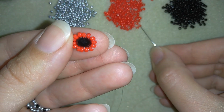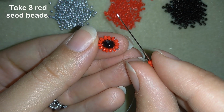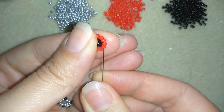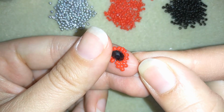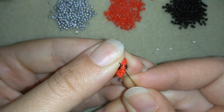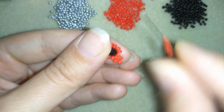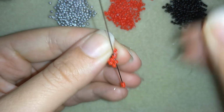And now guys, what I'm going to do next is take 3 red beads and I'm going back in circle through this red one here. And now guys, I have something like a cross here. Then what I want to do is go in my next seed bead and pull, and here I will take 2 red beads like this, and I will go through this one here and through this one in the inner circle,